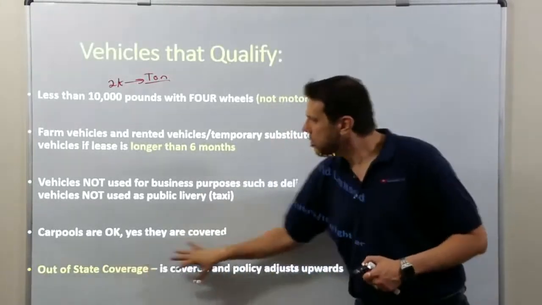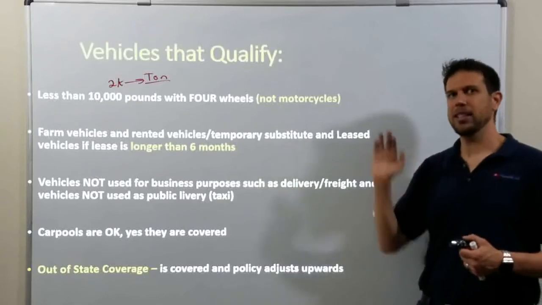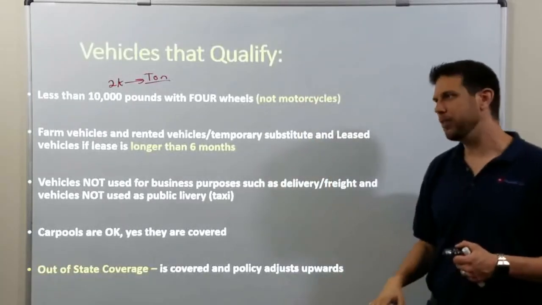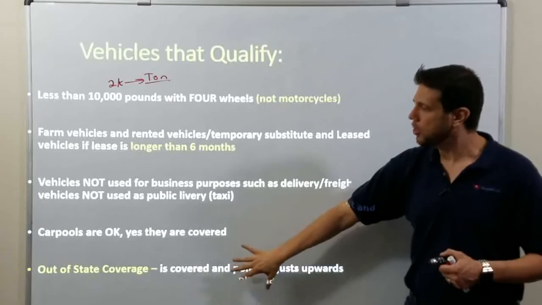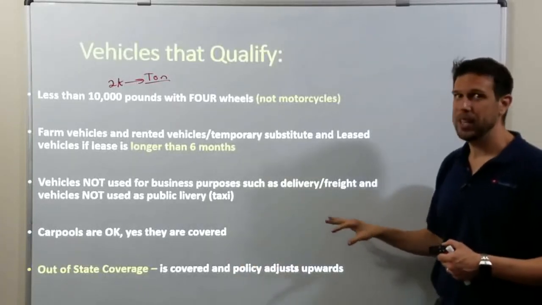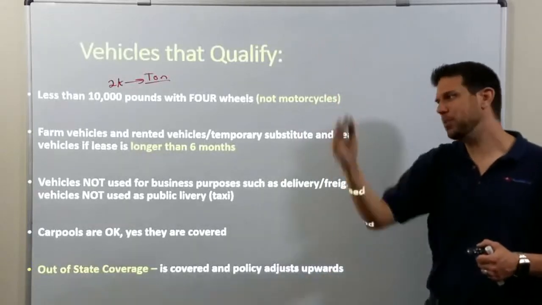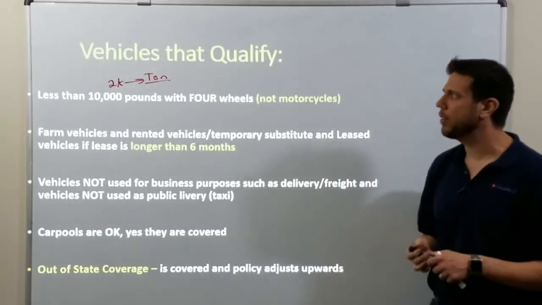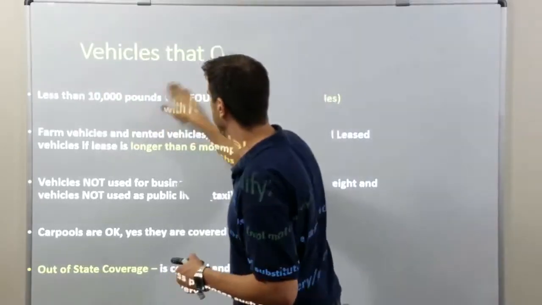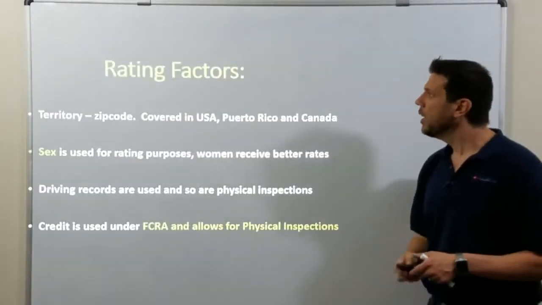If you drive through multiple states, your policy changes with the state that you drive in. So like the Texas minimums are 30, 60, 25. If another state has higher limits required, your policy automatically bumps up to that new state. So you can drive in every state and feel safe because your policy automatically changes.